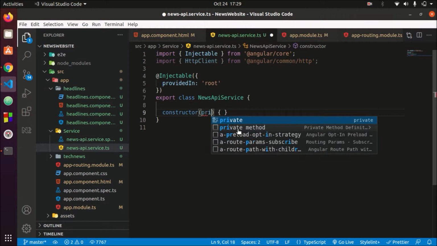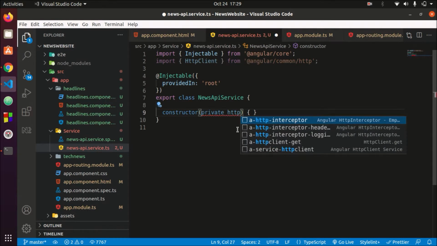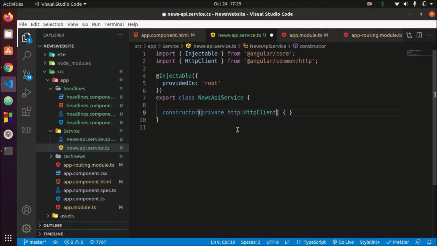So let's create a variable for that, or we can say an object. So I have created it. Now after the constructor we will be having the links of our APIs.